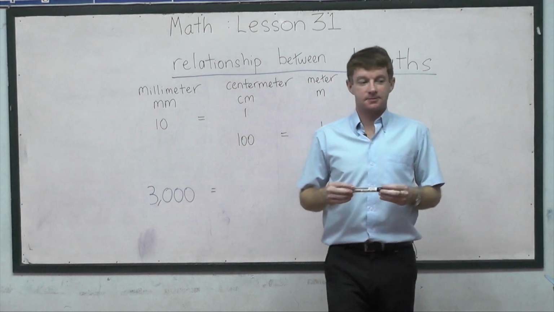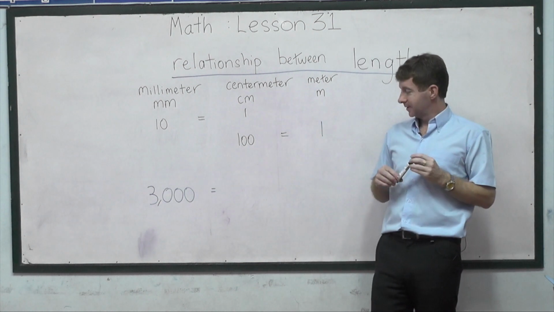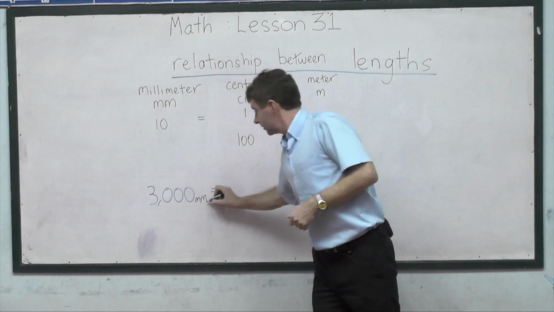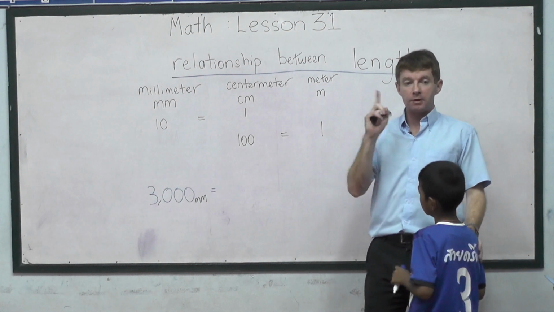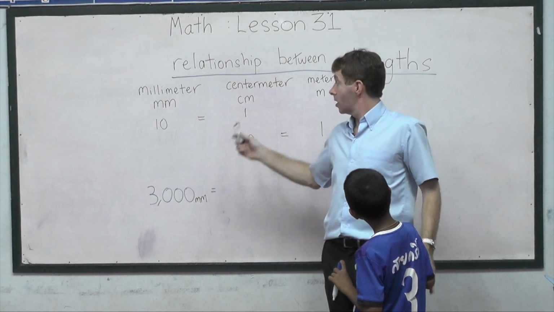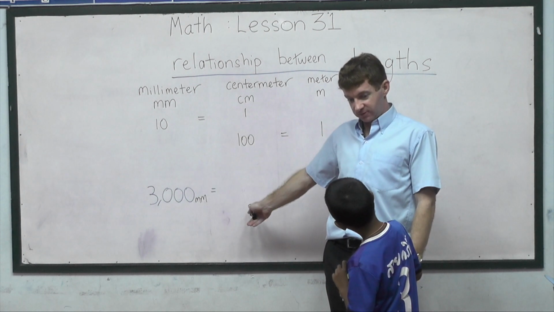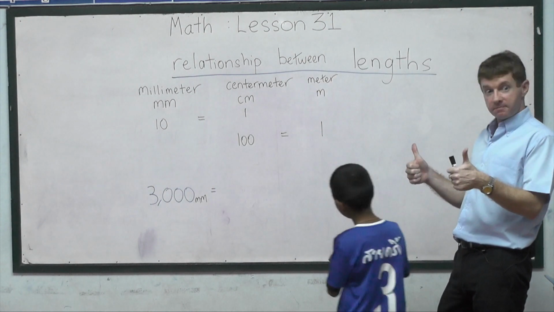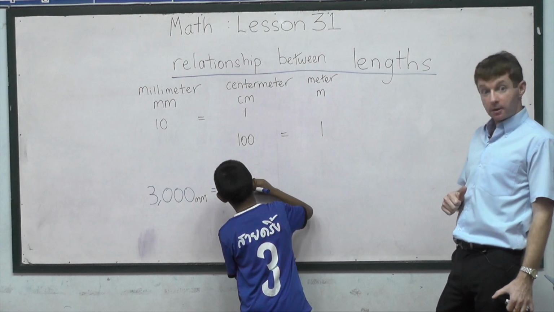Open your eyes. Pat, come and join teacher. Now we have 3,000 millimeters. Remember, 10 millimeters, 1 centimeter. So how many centimeters for 3,000 millimeters? 300. Okay, excellent. 300